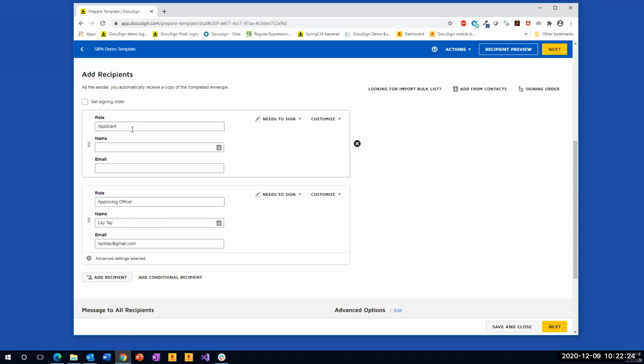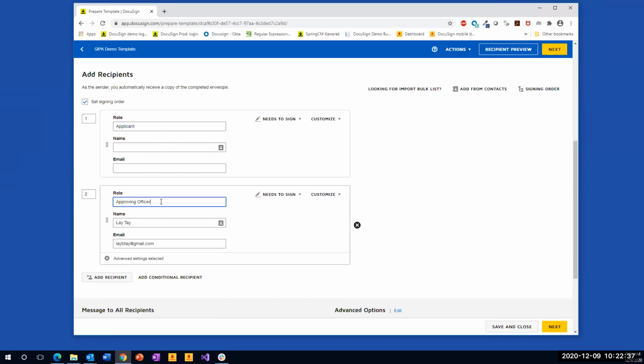So in order to implement that sequential kind of workflow, what you can do is you check this checkbox, and now you have this number to help guide the sequence of signing, right? One means the applicant signs first, right? And then two, it will come to me and I will sign second. And that's how you would create a workflow for your DocuSign templates.